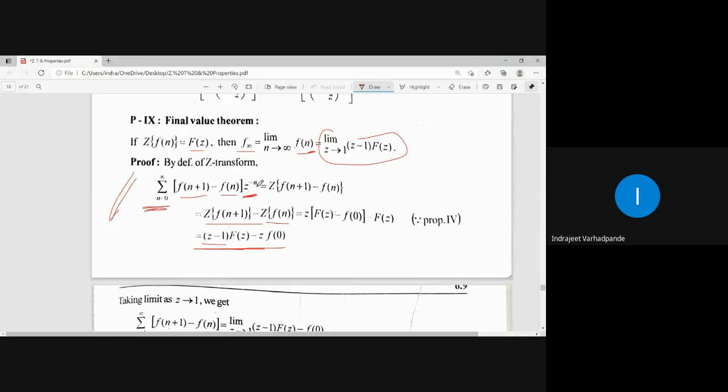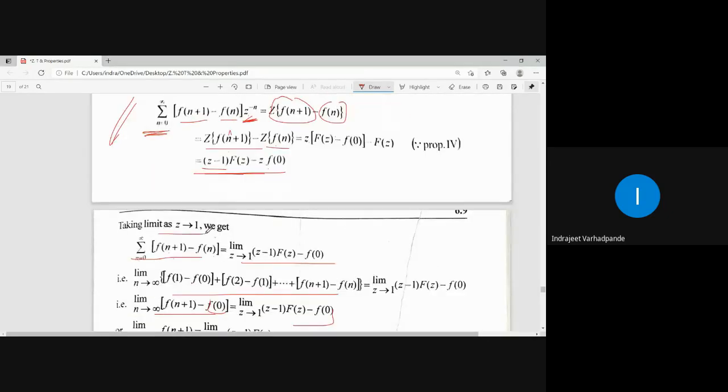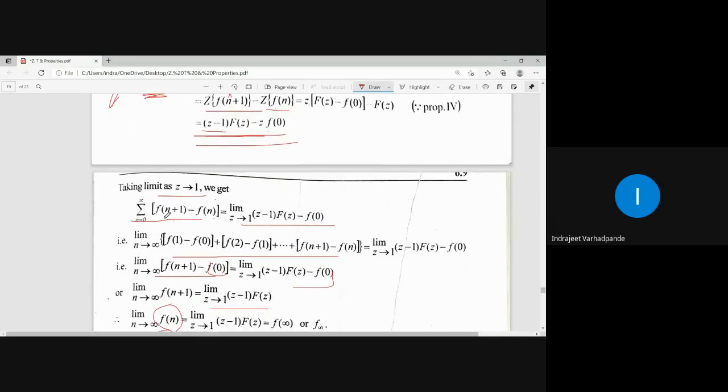As per the definition, multiply that by Z to the power minus n. Linearity property से individual Z transform will be taken. इसका Z transform निकालना है by shifting property to the left. This is definition. Now apply limit z tending to 1 on the right hand side and LHS में do the expansion. Summation लीजिएगा 0 से infinity तक. When you put n as 0, 1 minus f of 0. जब 1 put करोगे तो क्या मिलेगा, 1 plus 1 is 2 minus 1. 3 put करोगे तो 3 minus 2.